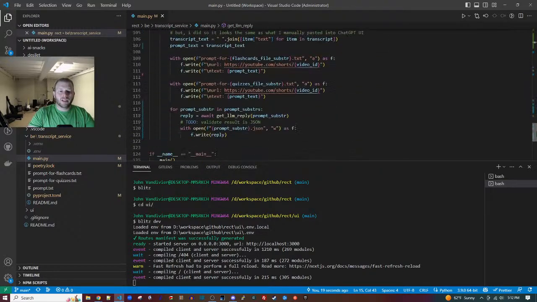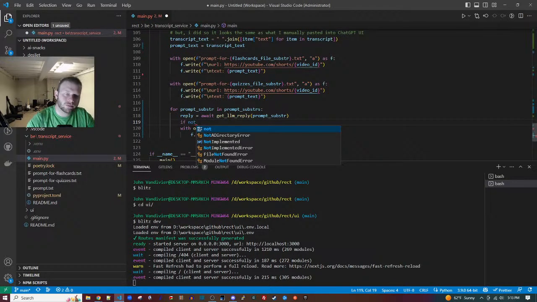And so we're down here. We got the reply. And then we open a JSON file and write it. We just want to validate it. Bam, look at that. It already knew.